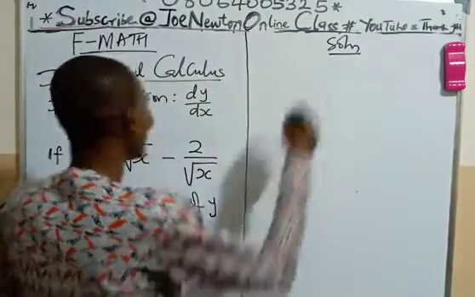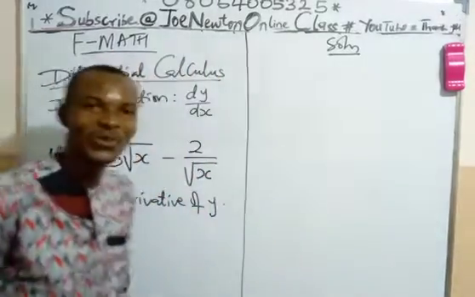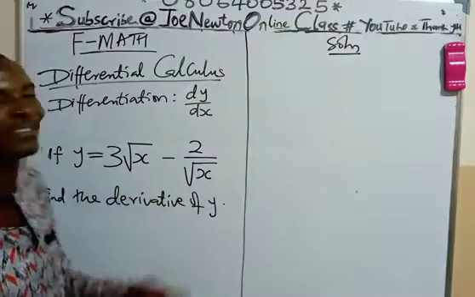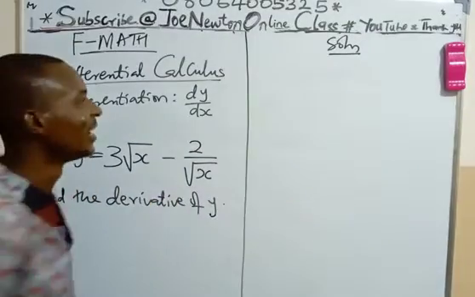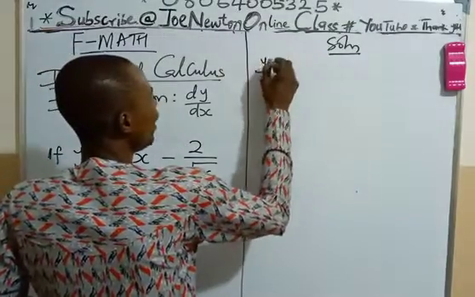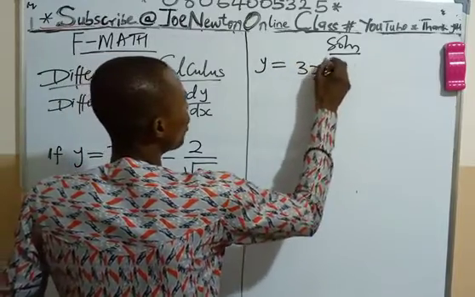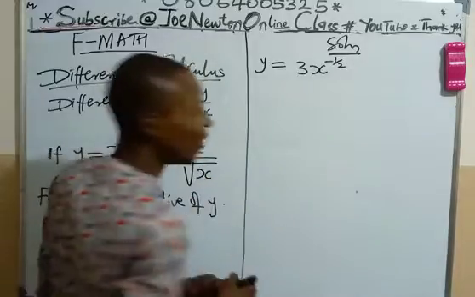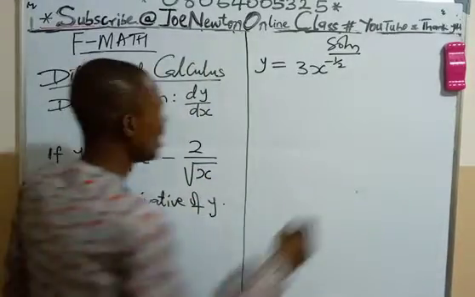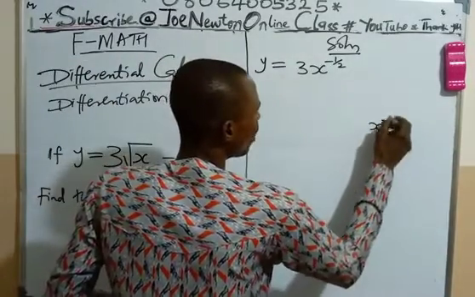Now, first of all, in solving this, the first thing we need to do is to reinterpret this expression or this equation. That is, it will now become y is equal to 3x raised to the power 1 over 2. How? Because remember that if we have x raised to the power 1 over 2,